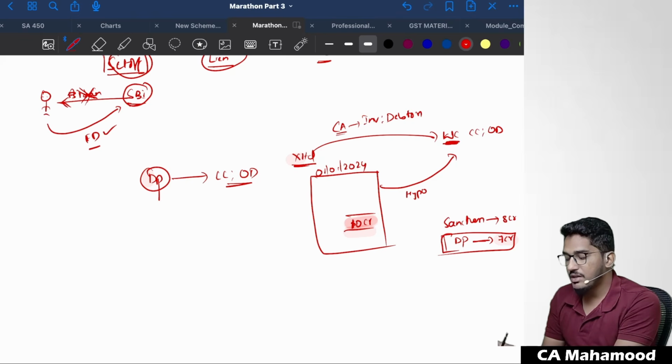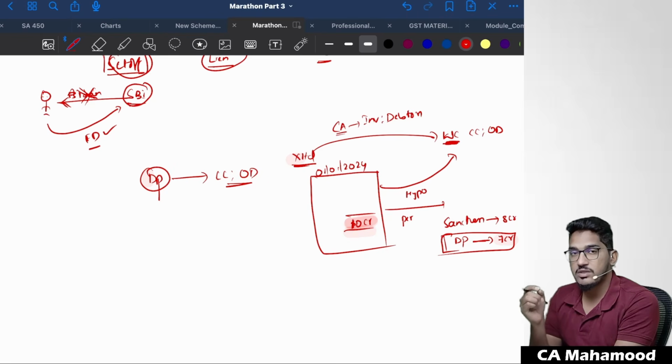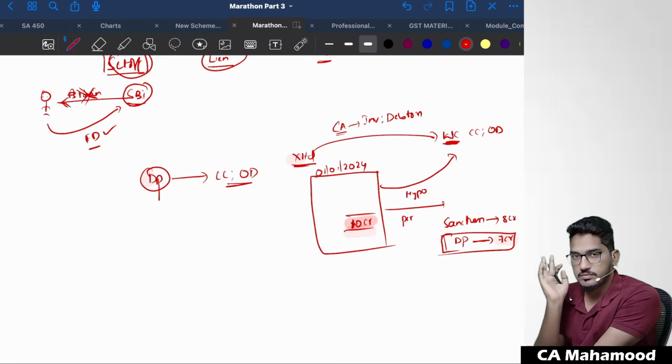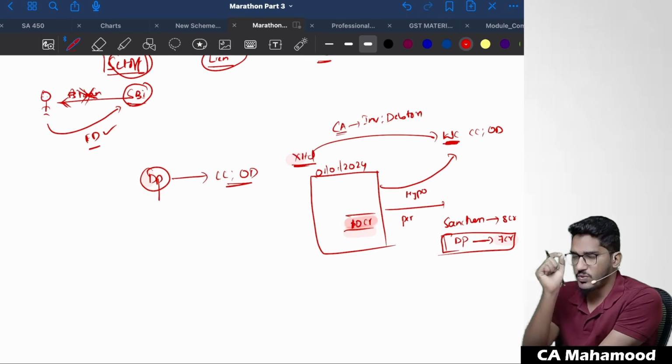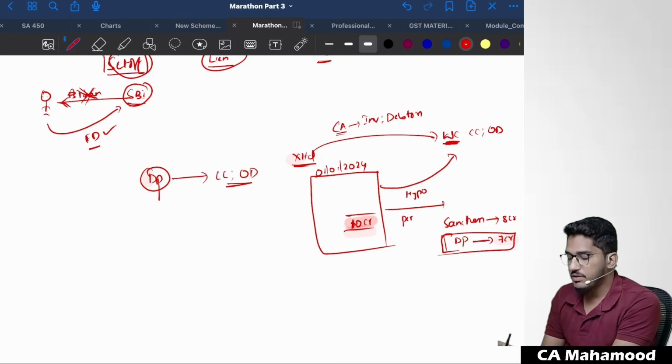So now how will the banker come to know the status of the stock? The borrower has to periodically submit the stock statement to the banker. After taking the loan, the borrower has to submit a periodical stock statement. Generally, RBI told the banks they should get the stock statement at least once in a quarter. So quarterly, he will submit the stock statement.